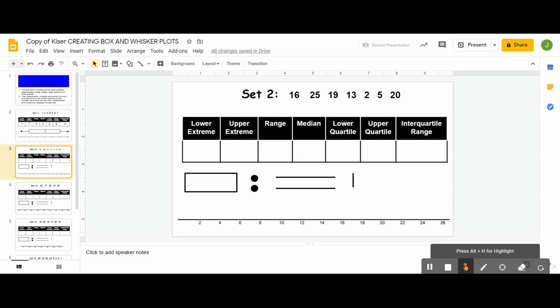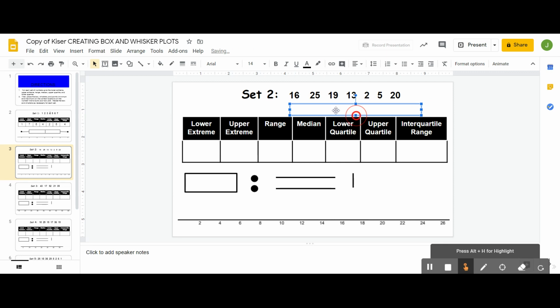For this one, you're going to have to put your data set in order to start. Okay, so your smallest number there is 2. I'm just listing these in order to help. And then your next number would be 5, and then 13, 16, and then 19, and then 20, and then 25. And you can check and make sure you didn't miss a number by accident. And there's 7 numbers up there, and then I have 7 there, so